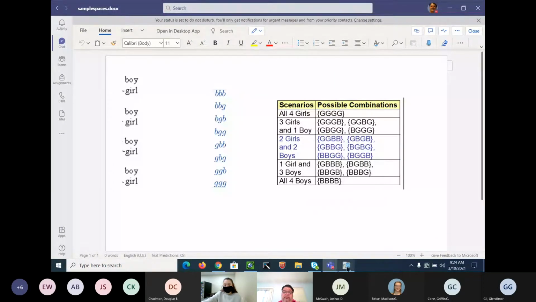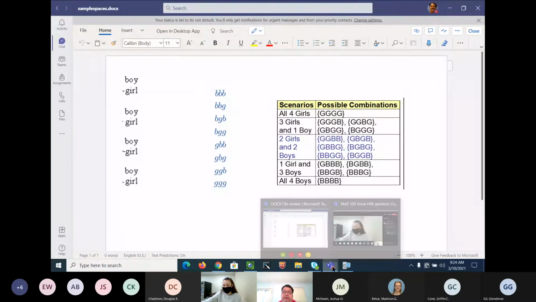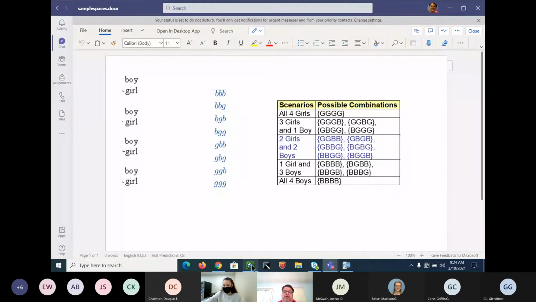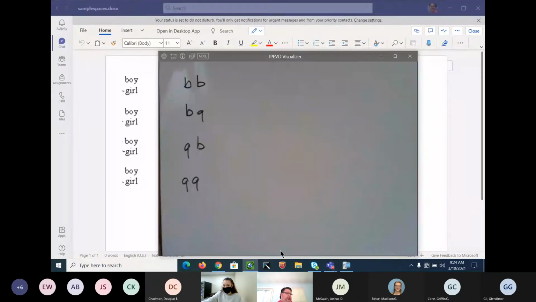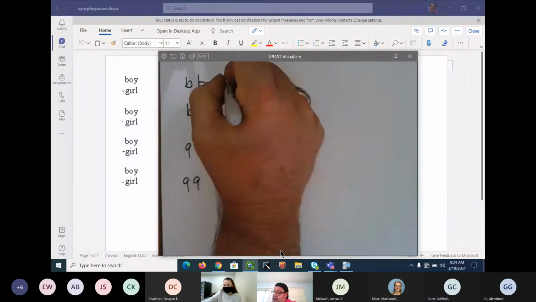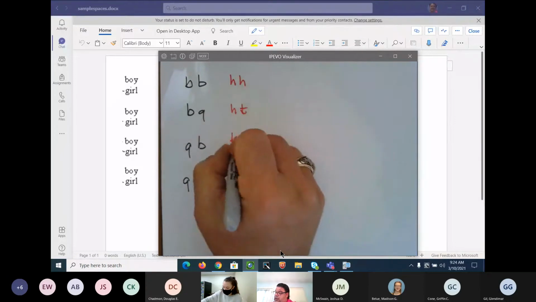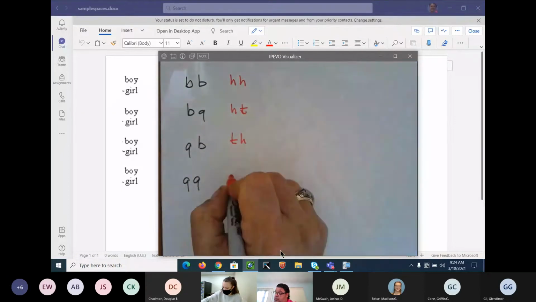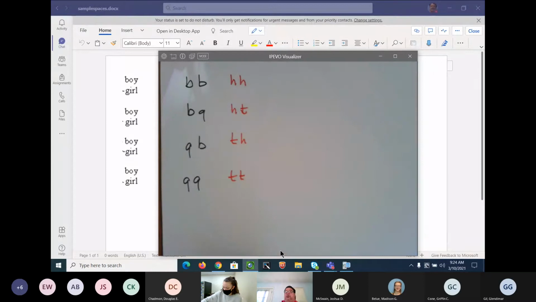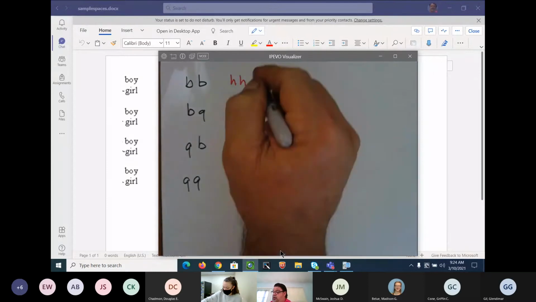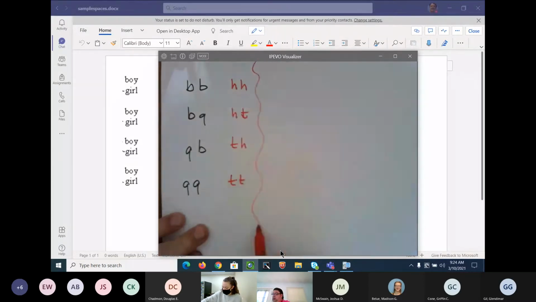You can also put beside it in green or another color, heads, heads, heads, tails, tails, heads, and tails, tails. See, that's coins. So you can do that, and then you can go over here. Of course, I'm talking to two people in the classroom. You can go over here, and you can do the second one,